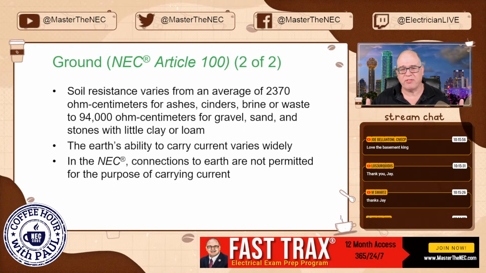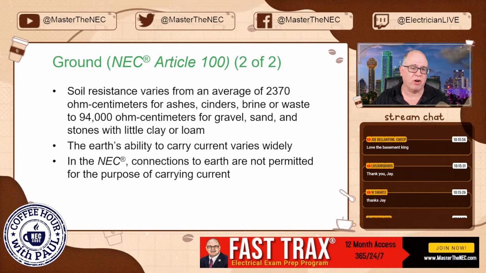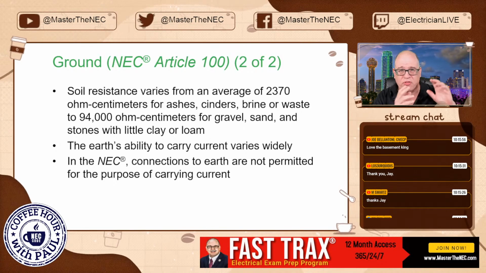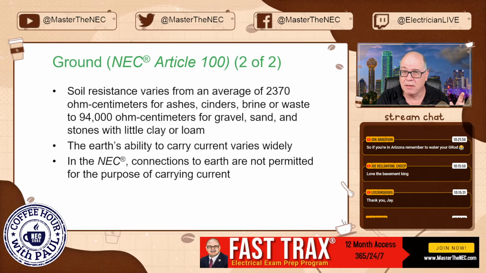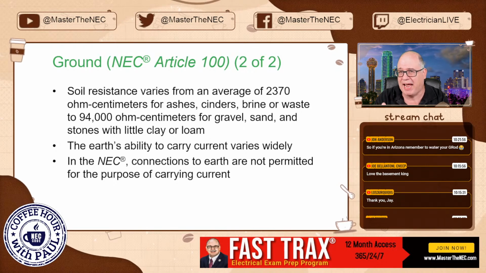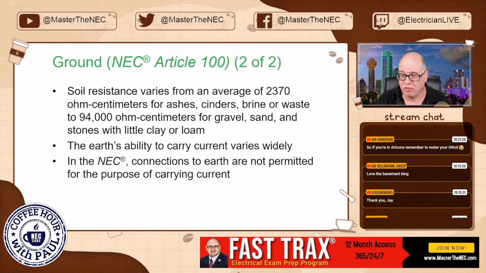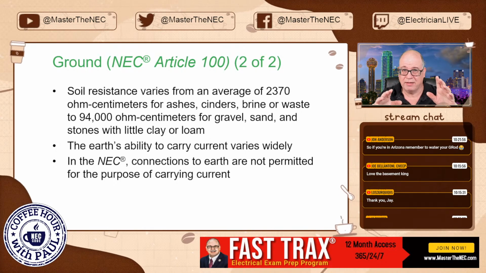Now, because of this, obviously, we're never going to allow the earth to be a path for any type of return current. It's fine for lightning, surges, high power lines, low power lines, all those types of things, right? But it is not something the code allows as a return path to clear any overcurrent device. It's never going to happen, right? So let's set that little nugget out there for you to chomp on first.